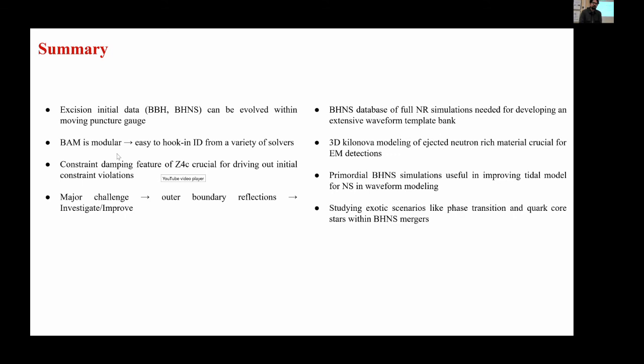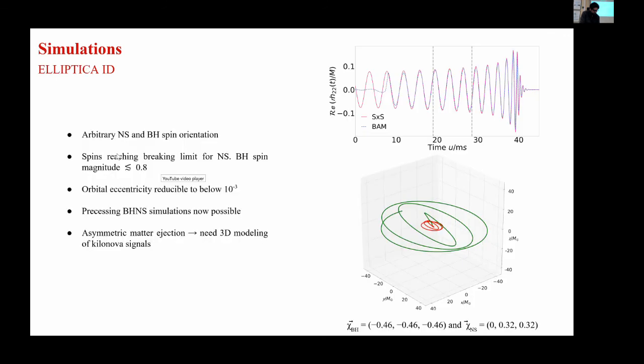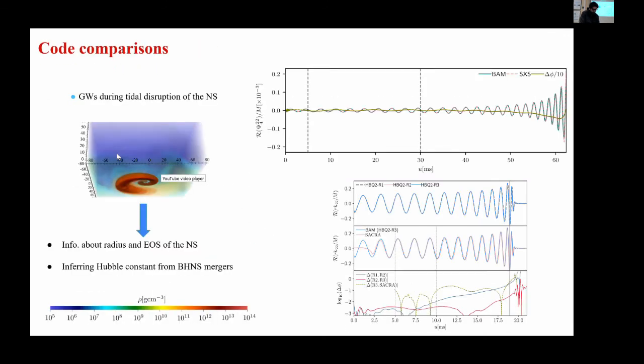Last week we had a talk by Shibata from Max Planck on this subject. Do you compare your simulation to the simulation of his group? Oh yeah. So if I go back, this is SACRA, the code that belongs to Masaru Shibata and his group. This is a code comparison of BAM with their simulation of the same system, but using very different initial data.